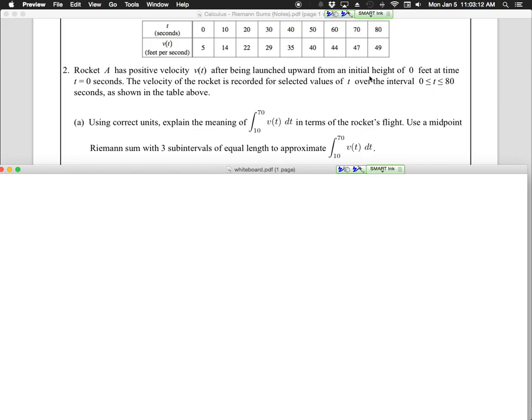After being launched upward from an initial height of 0 feet at time t equals 0 seconds, the velocity of the rocket is recorded for selected values of t over the interval from 0 to 80 seconds, as shown in the table above. First thing it wants is, using correct units, explain the meaning of that in terms of the rocket's flight. If I'm going to explain what that means, what do I want to be thinking about? The function above. Change. So I want to start by writing down change